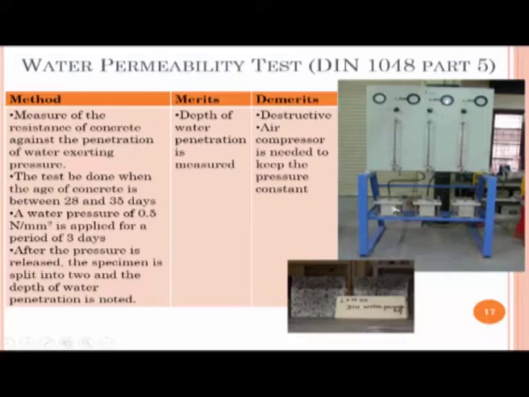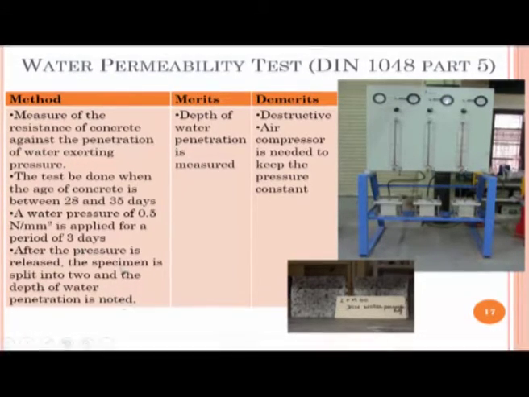Here you have cells where 3 cube specimens or 3 cylinder specimens can be tested at a time. You maintain your pressure of water over the specimens by using the water column provided on top, and these are gauges which help you maintain the correct pressure of water on top. You typically maintain a pressure of 0.5 Newton per millimeter square. You apply that pressure for a period of 3 days, and then at the end of 3 days you